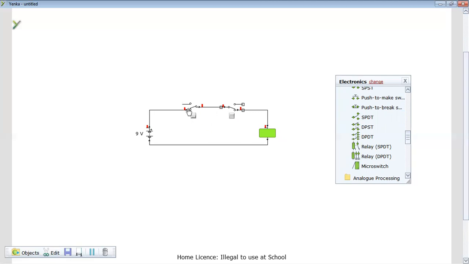Now, they're normally not flip switches like this. I'd say that maybe, oh, here we go, a push-to-break switch would probably be better, because these two are probably a little bit closer to what we would consider to be a valve button, where you've got this idea of the two switches being switched on, and all it takes is for you to press one of them